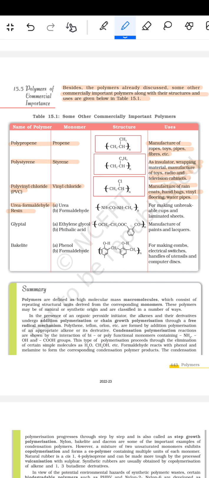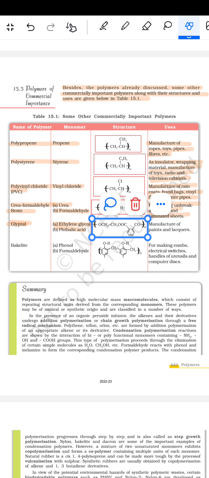रेजिन जिसका जो मोनोमर है यूरिया है और फॉर्मल्डिहाइड है और उसका जो स्ट्रक्चर है वो है ये वाला दिया हुआ है। तो उसके बाद फिर आता है फॉर मेकिंग द अनब्रेकेबल कप्स एंड द लेमिनेटेड शीट्स बनाने का काम आता है। फिर उसके बाद फिर आता है ग्लिप्टल। तो ग्लिप्टल इथिलीन ग्लाइकोल और एथैलिक एसिड से बना हुआ है और इसका जो स्ट्रक्चर है वो ये दिया हुआ है।